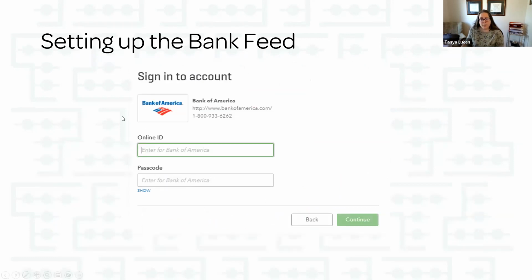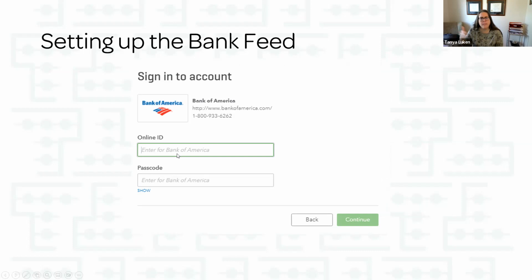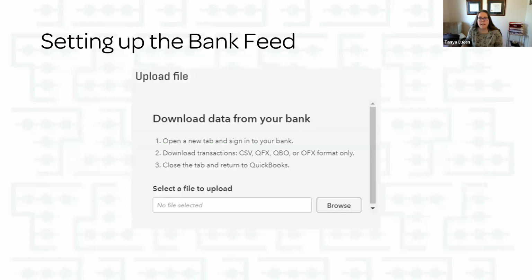Let's say we picked Bank of America. You would enter the username and password that you use to log into Bank of America, and then it will download all your data, and it will fall into here, down at the bottom. I'll show you this too in the sample company.